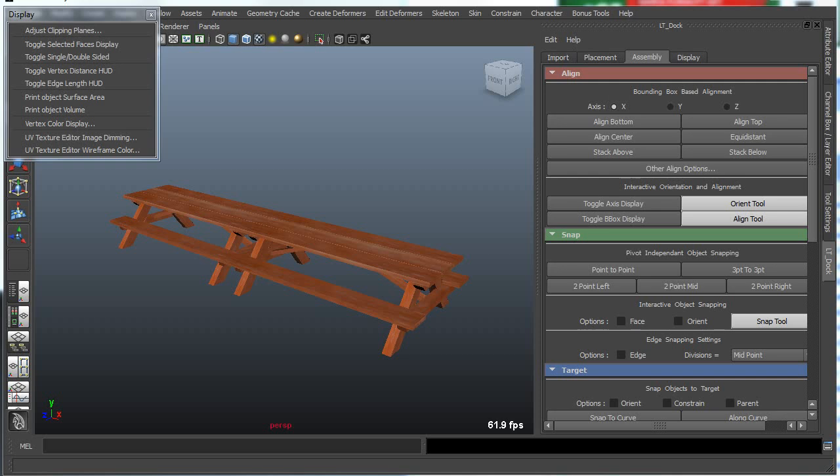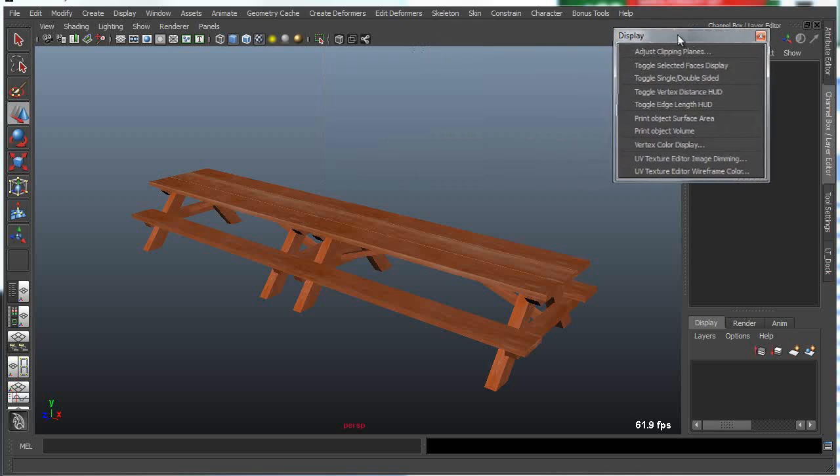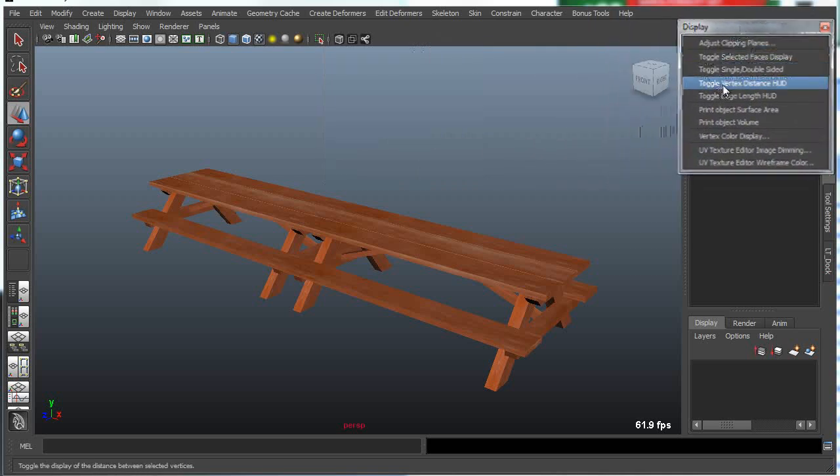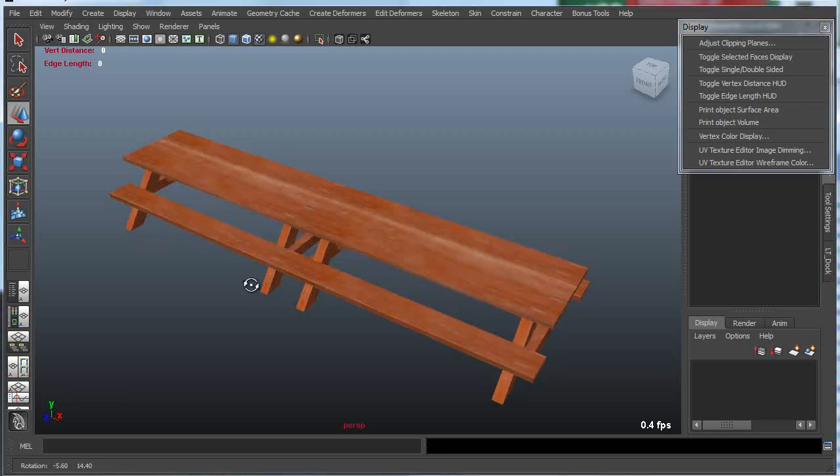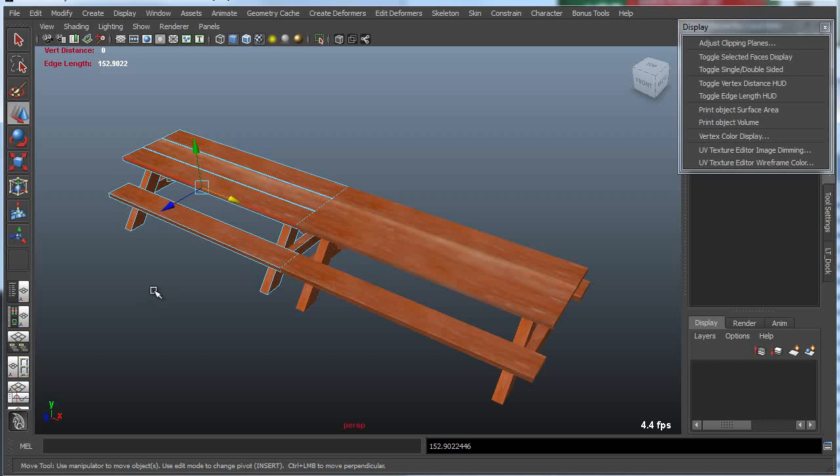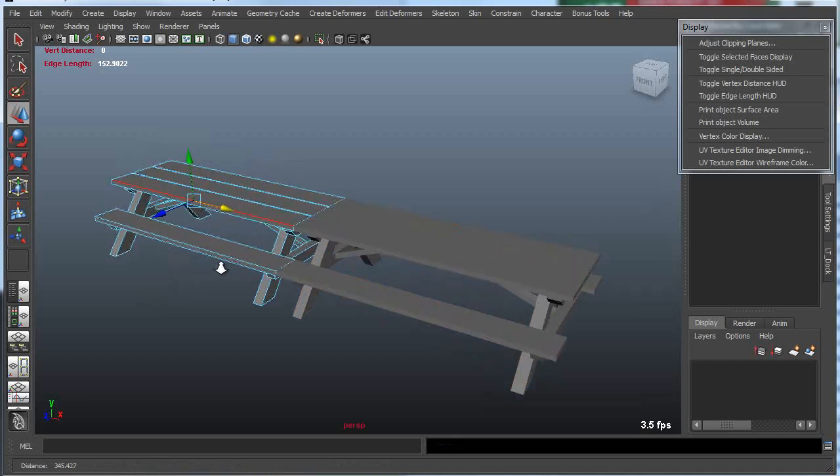There are a couple of handy bonus tools for getting information about objects. We have a couple of options here. One is a vertex distance heads-up display, and then we have an edge length heads-up display. These will give you world space values for both of those. For instance, if I grab an edge on this table, let's just turn off my textures for now,